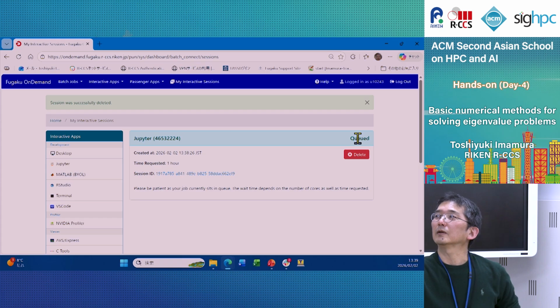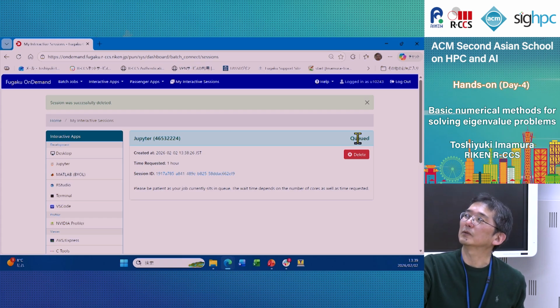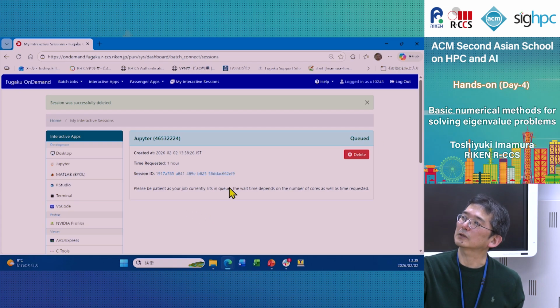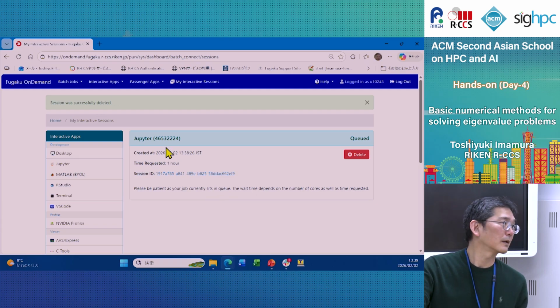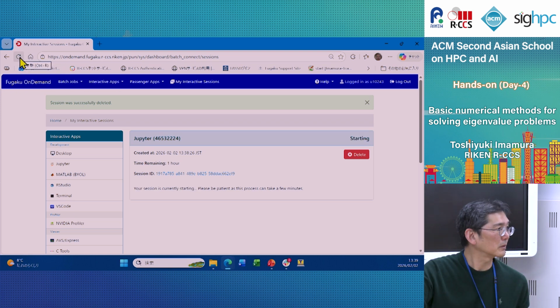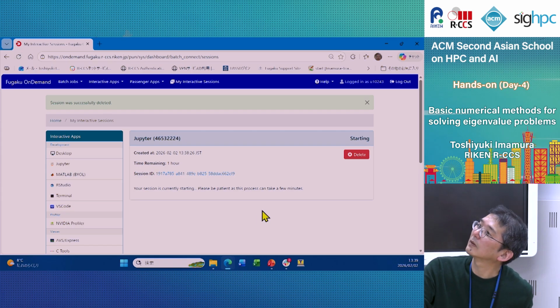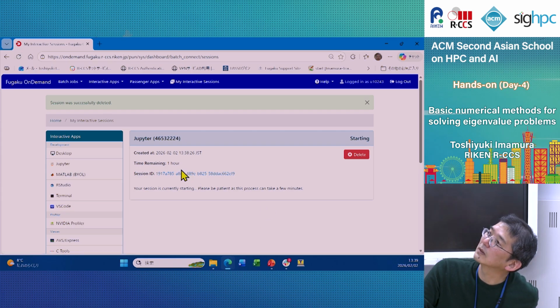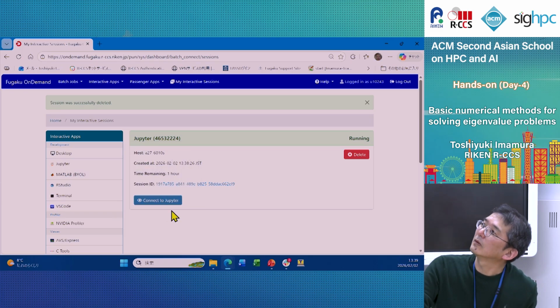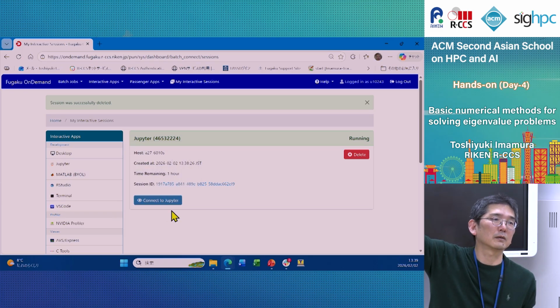If a queued session becomes available, it's your turn. This status changes, so I think you have to refresh it to see that. It doesn't change automatically. Ah, see, starting. Okay, starting. Then refresh again. Okay, so when your turn is coming,